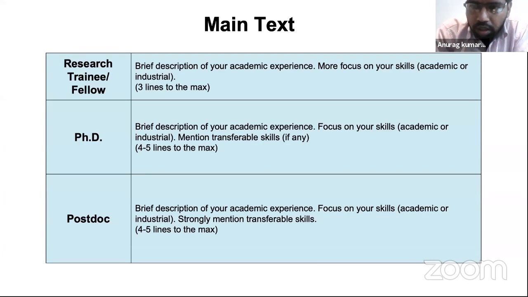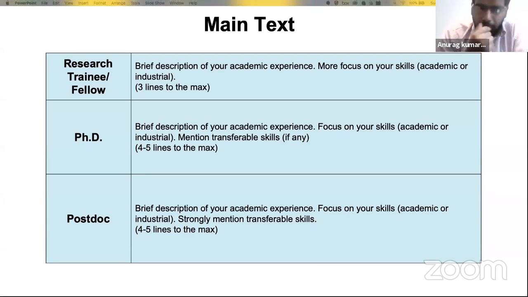Hello. Okay. So as Deepak already explained about the research trainee, the research trainee is someone who is looking to apply for work in the lab for a very short duration. So you don't have to present all your skills. But when it comes to the PhD and postdoc, a PhD will be staying in the lab for at least 4 years in the prospective lab. So you need to explain very well how you are connected to the lab and what kind of skills you can present. So that is what is written, that you have to focus on your skills,